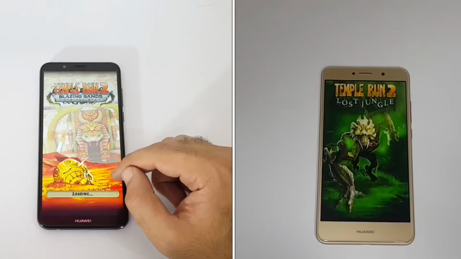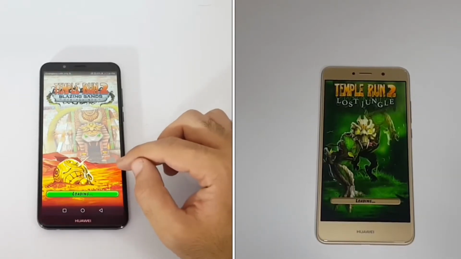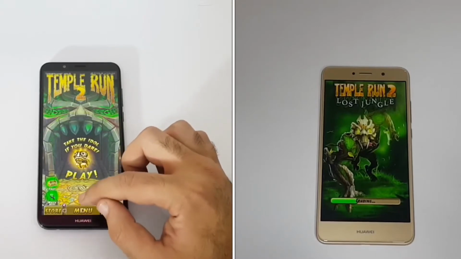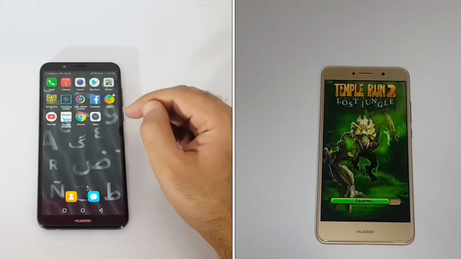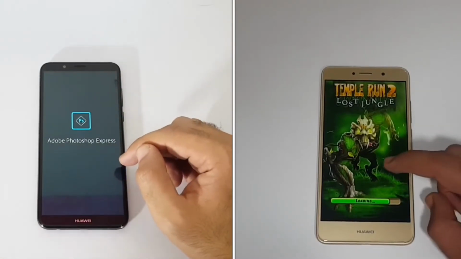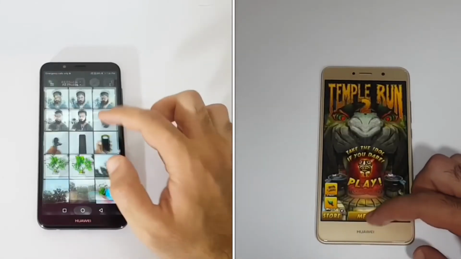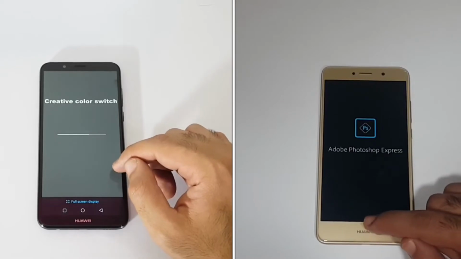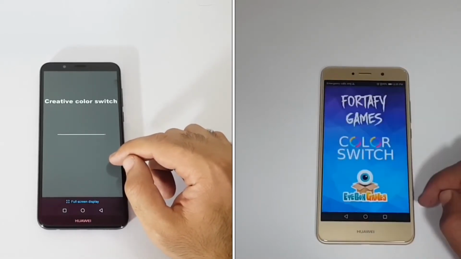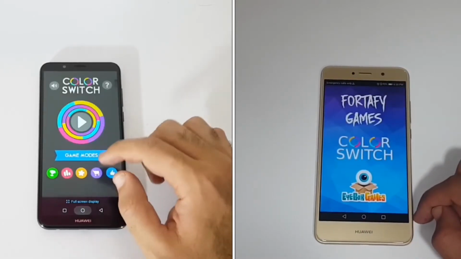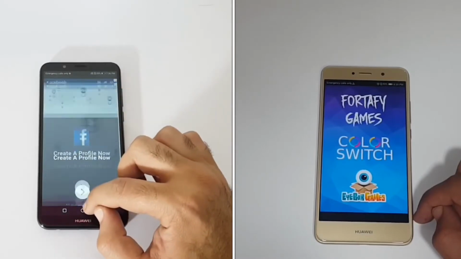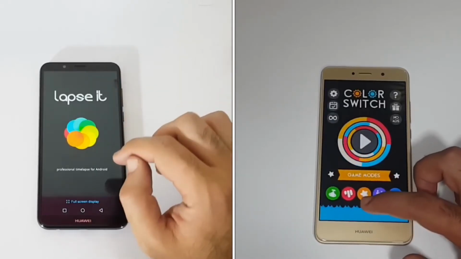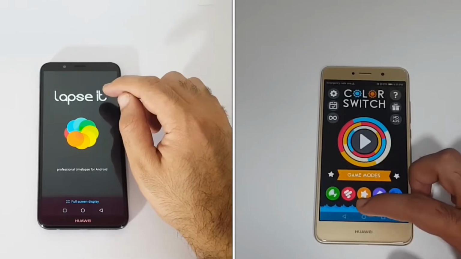So you can see right now both the devices are on the Temple Run 2, and interestingly they are very close to each other, and actually Y7 2K18 has taken the lead and it is now moving to the Photoshop. So we are going great on both the devices. After this round we will be analyzing the time taken by both the devices, and we are now on the color switch and we are moving to the lap set on the Y7 2K18 model,